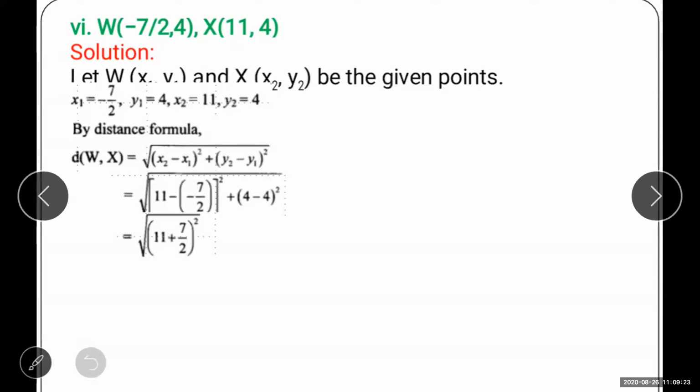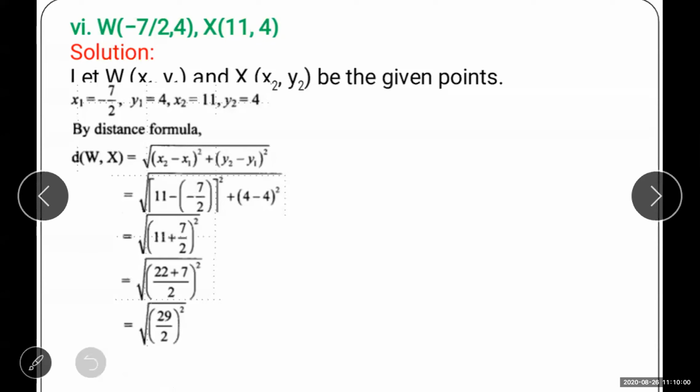First of all, cross multiplication. So 11 twos are 22 plus 7 upon 2. So 22 plus 7, what is it? Yes, very good. So here we are doing cross multiplication. 11 twos are 22 plus 7 upon 2. 22 plus 7 is 29 upon 2. Okay. Now take out the